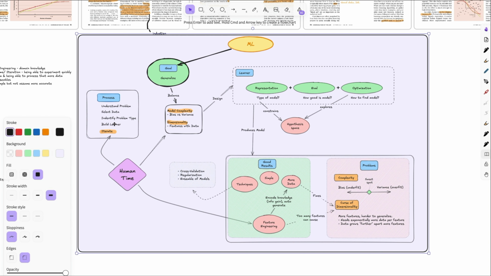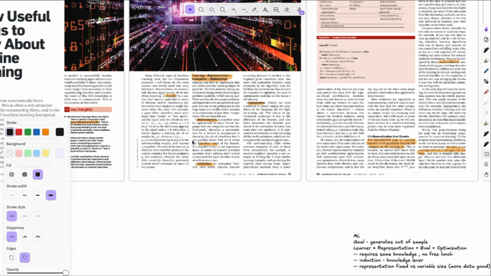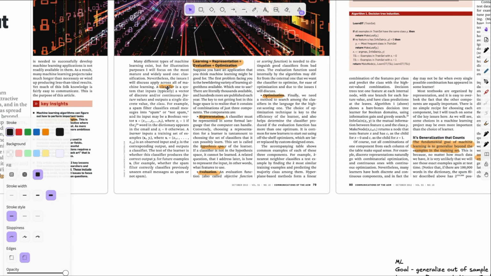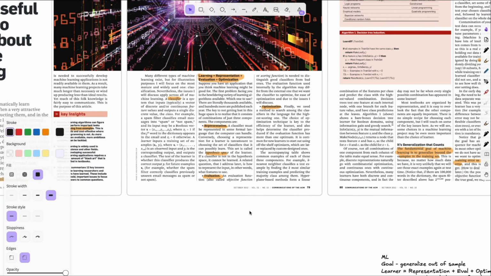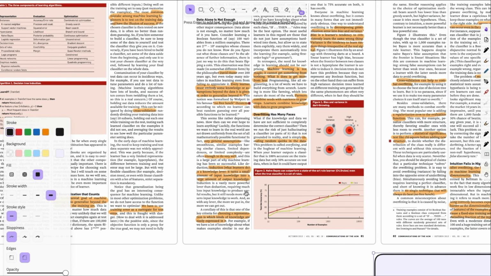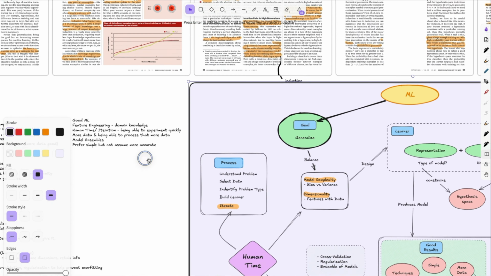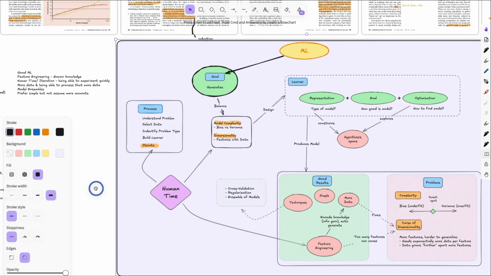Now, this process over here is something I just pulled out doing a deeper dive. The intro of this paper took a few things for granted. Right off the bat, they're using a classifier as an example, and that got me thinking, what other types of problems are we using machine learning for? Why just a classifier here? What is meant by this hypothesis space? And so you'll see sometimes throughout the paper, I put these red dots here. Those were things that I wanted to dig into a bit more. Some of that made it into the final mind map, some of it did not.